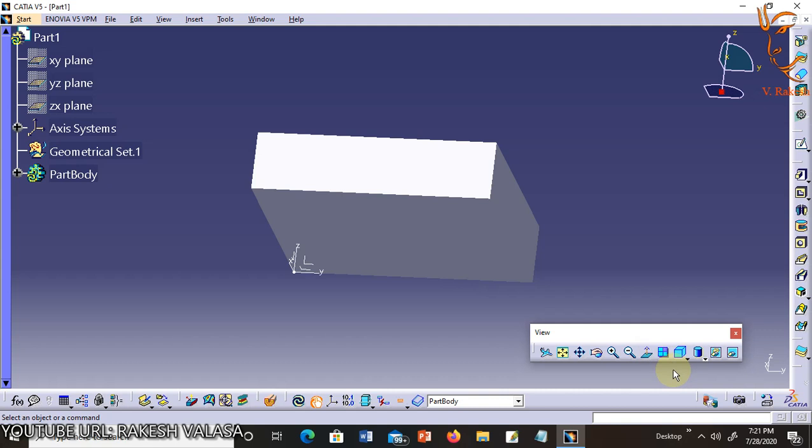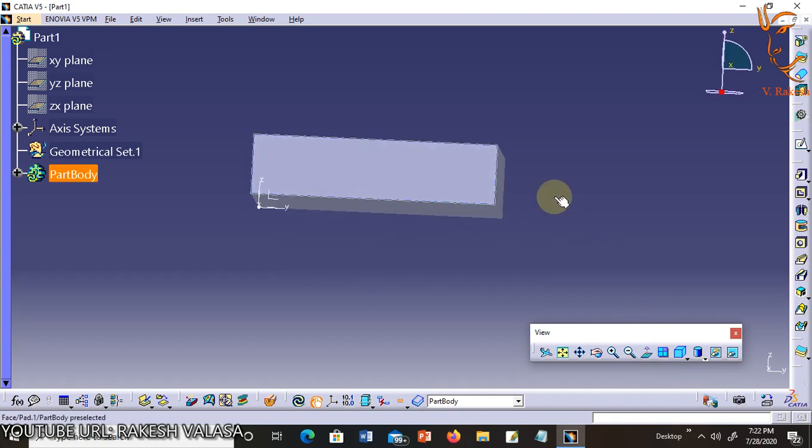It will switch your point of view from looking down on a part to looking up from the bottom. For example, I am selecting this normal view and selecting any one surface. It shows the normal view of that surface.